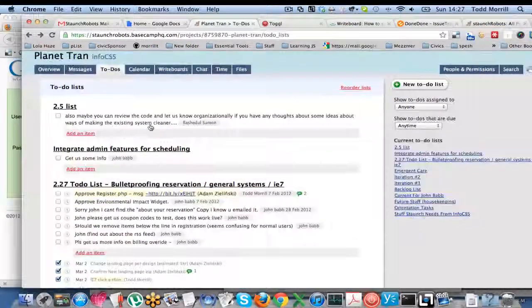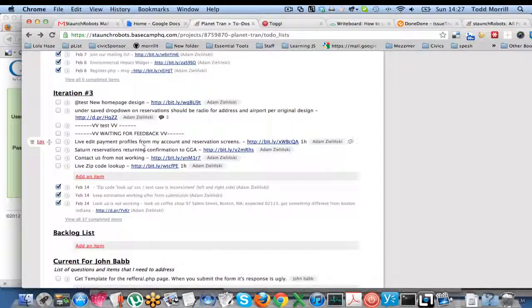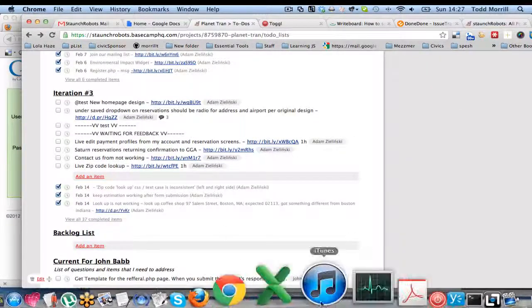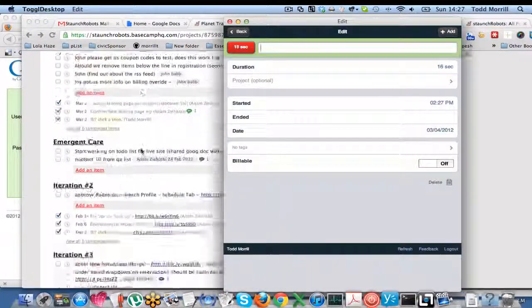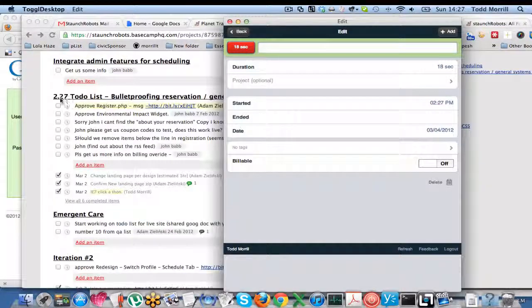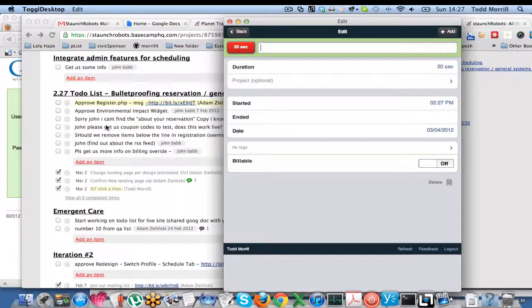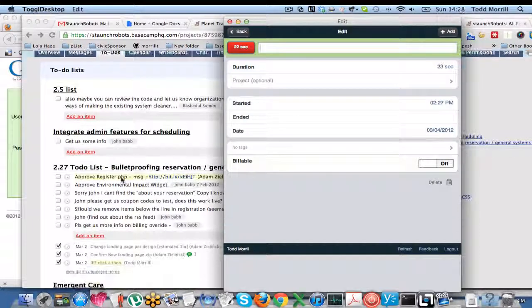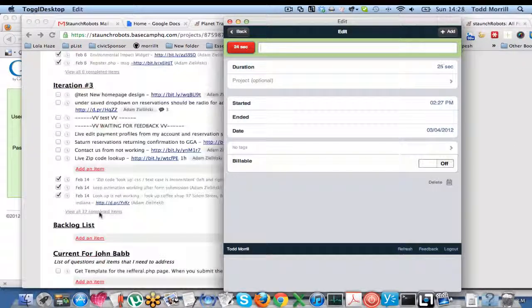So I know we haven't been perfect about this in the past, because one thing we should never have is, all right, imagine we have in Basecamp iterations saying what we're trying to work on that week. So really, these tasks that are in Basecamp